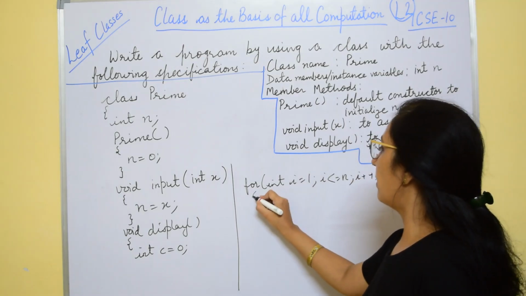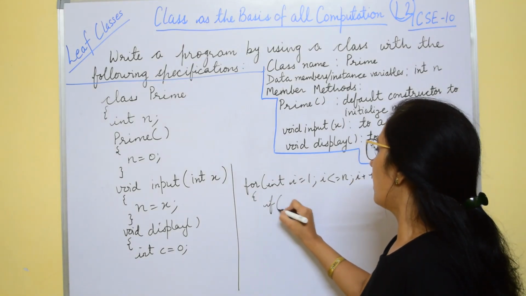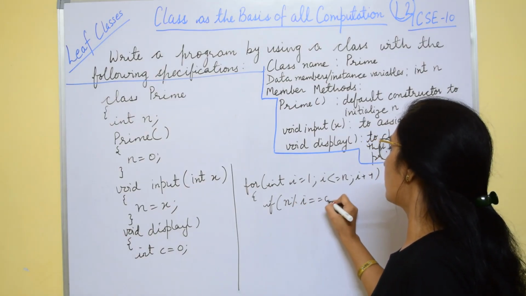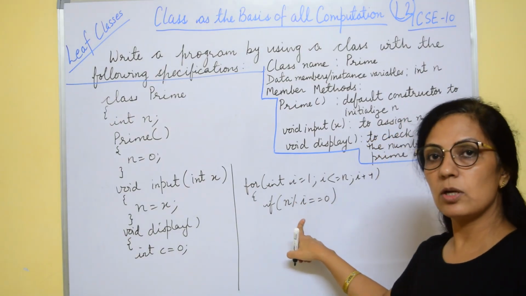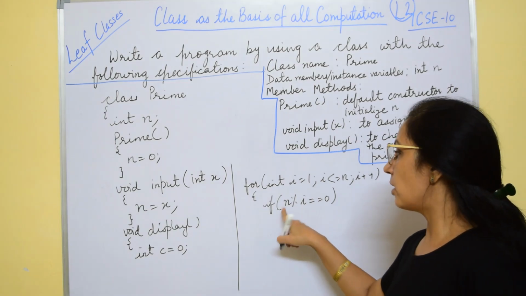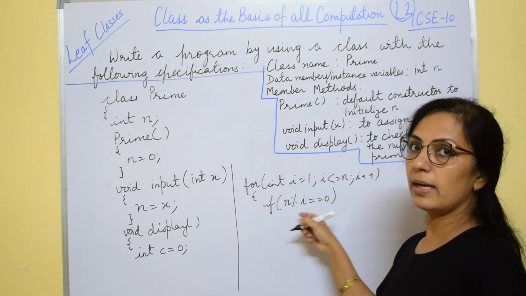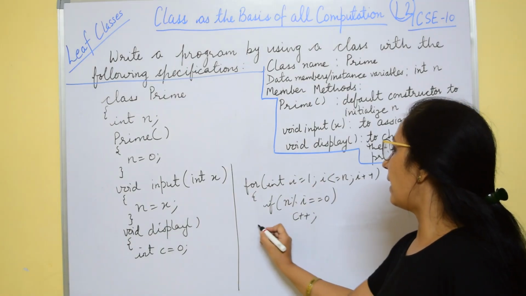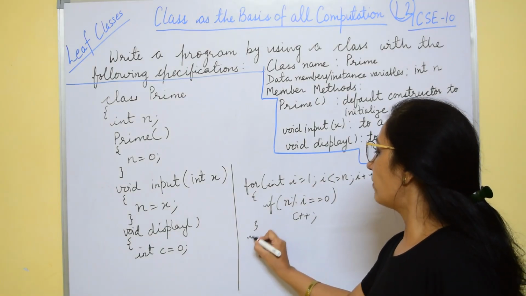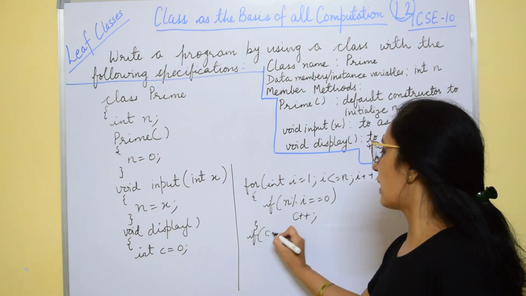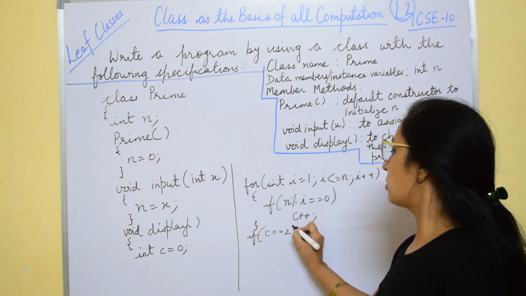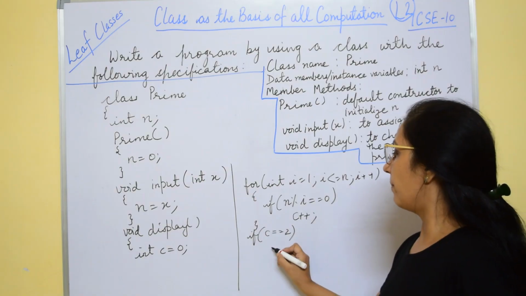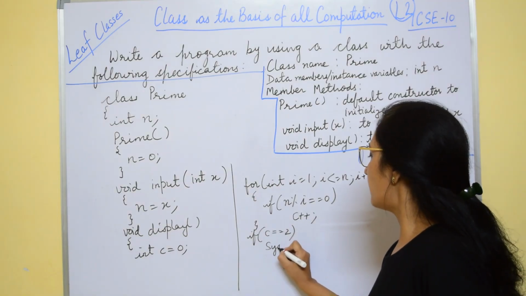and here we will be doing if n mod i is equals to 0. n mod i equals to 0 means i is the factor of n. So anytime we are getting this condition as true, we are increasing the value of c, and after completion of this we will check if c is equals to 2, that means it has only two factors, 1 and that number itself. Then you print here